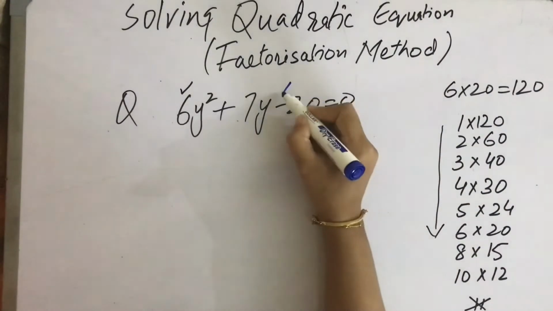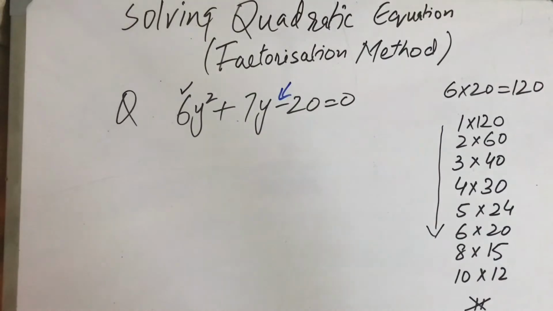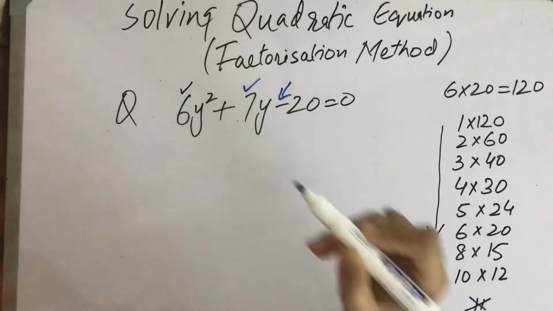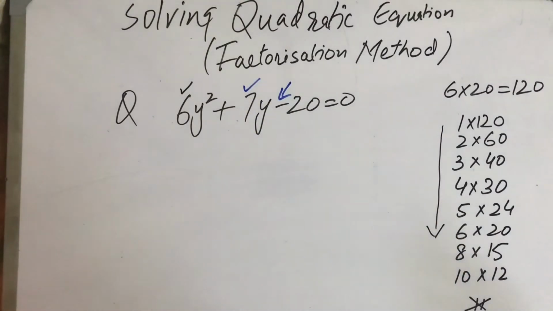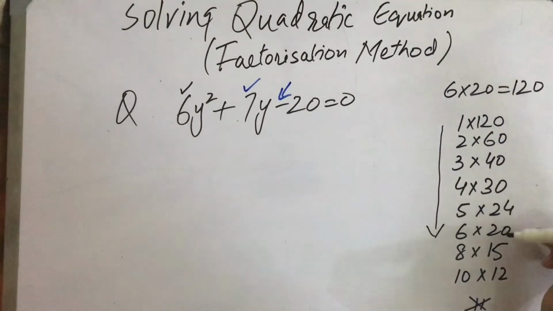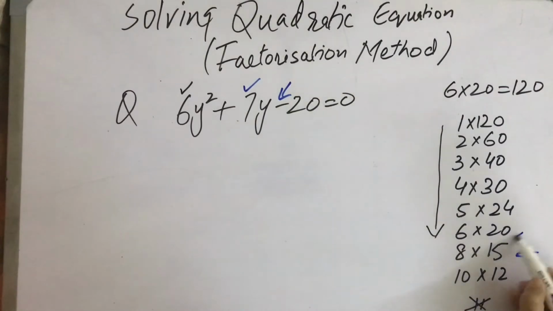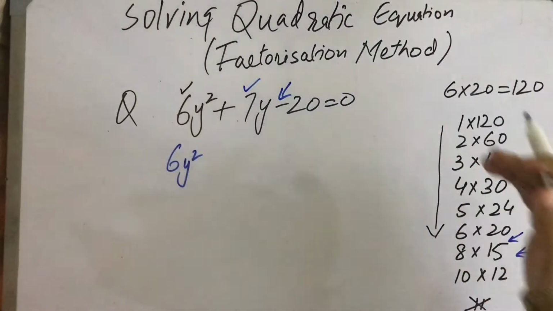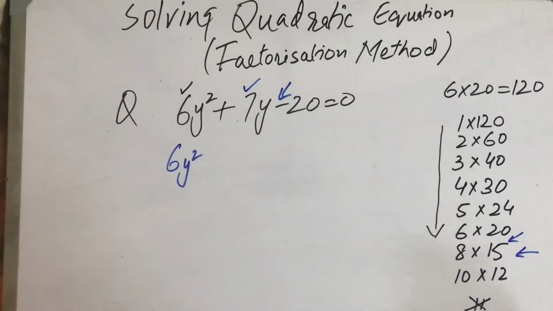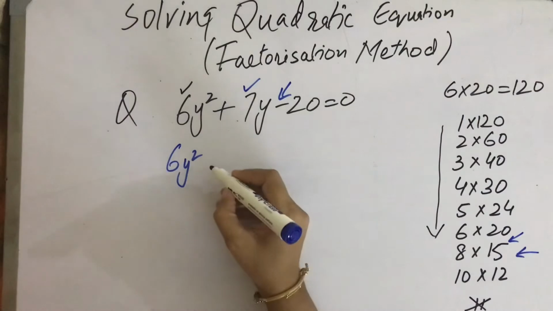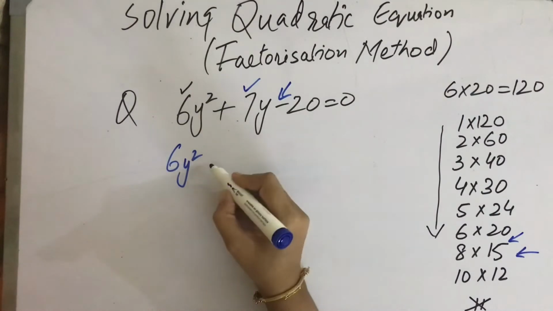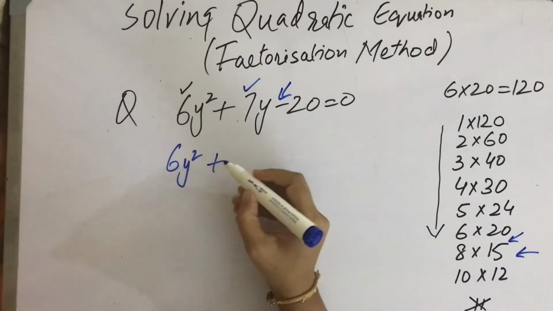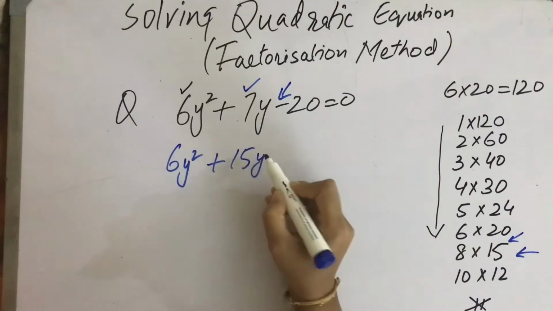This is negative, so the two factors are going to be subtracted and we need 7. The bigger factor will have the sign positive. So here we can get 7 after subtraction, and the bigger factor will have positive sign. So when you go in this way, after making all factors, when you find the factor, the question becomes easier. But if you make a ladder of the factors, it becomes difficult.